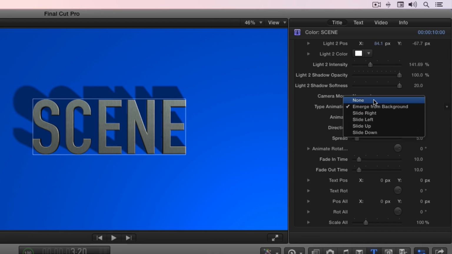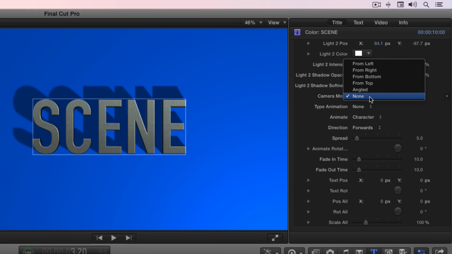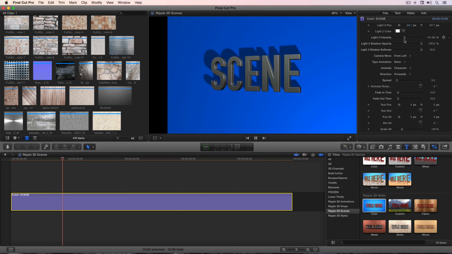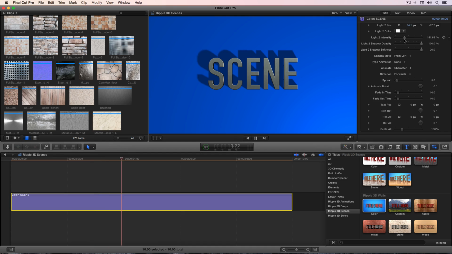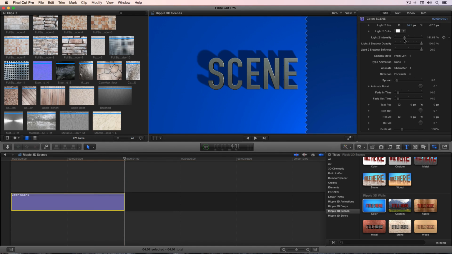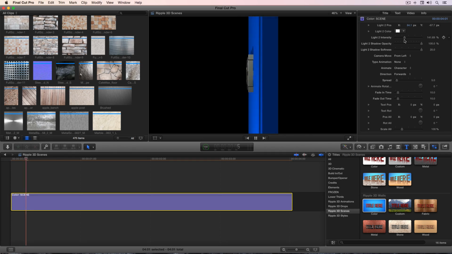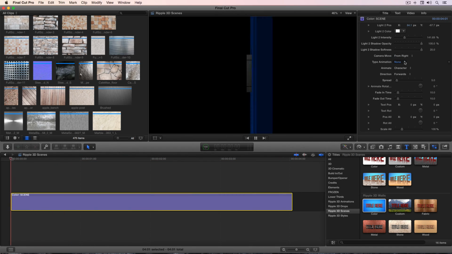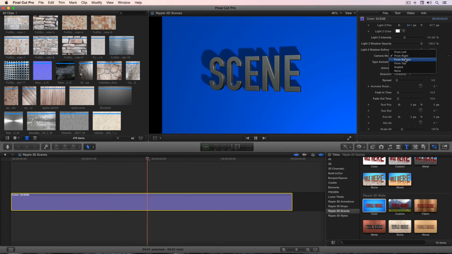I'm going to turn that off temporarily because I want to look at the camera moves. There's some built-in camera moves that tilt the entire scene. This background is actually a wall. So for instance, if I select from left and play, we can see that wall turn to reveal the scene. I'm going to trim this title by pressing Option right bracket and Shift Z to fit it to the window and just continue playback. And I'll play from right, and we can see it animate from the other side